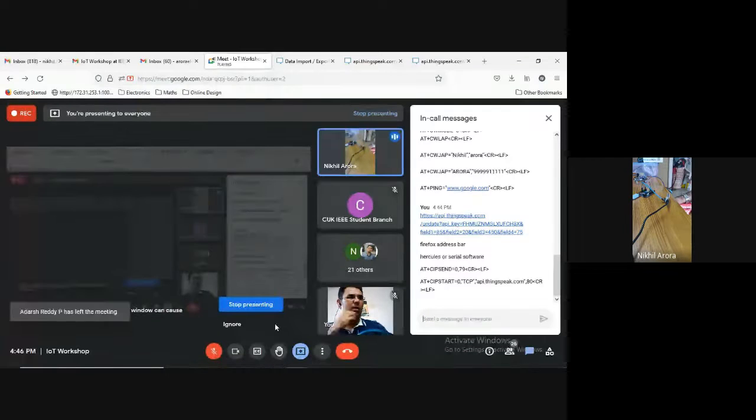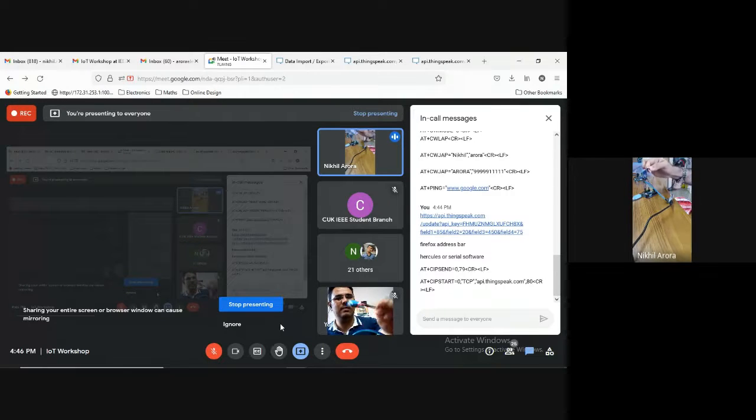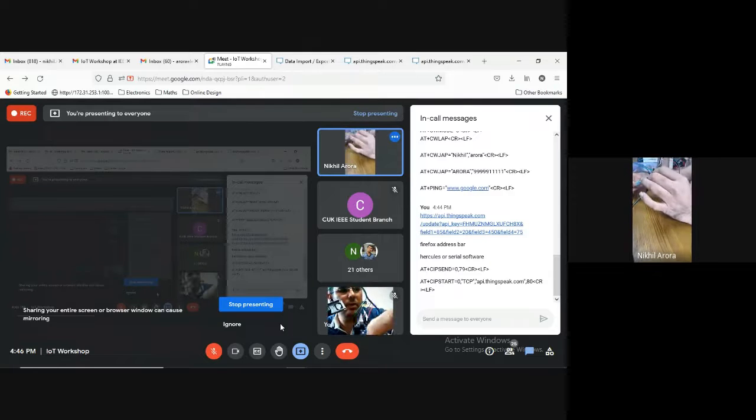I hope all of you have pretty much understood, at least at a basic level, how an IoT program can be created, in which you can send a particular sensor's data. Like in our case, we have used an actual DHT11 sensor and sent it to the internet using a Wi-Fi module and Arduino. Correct? Two hardware.